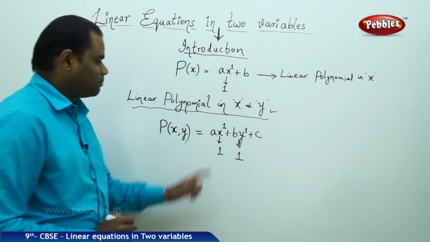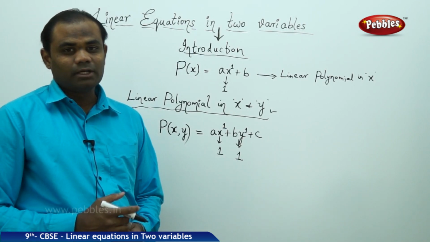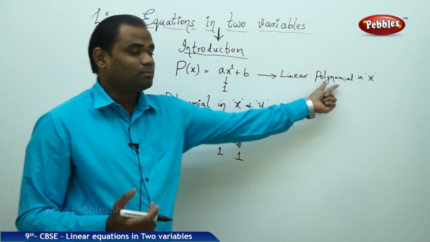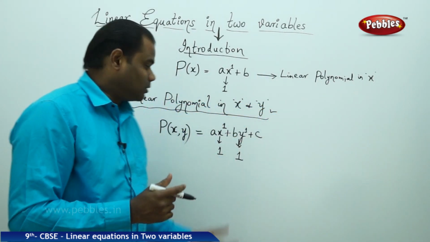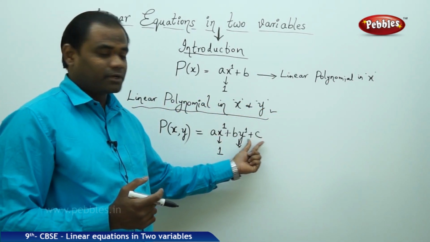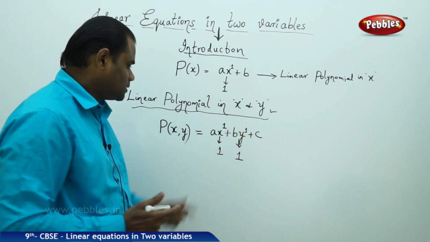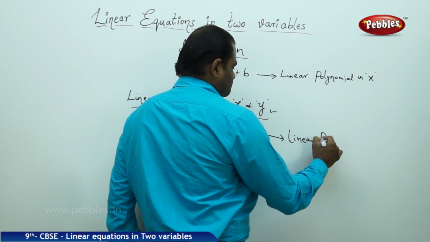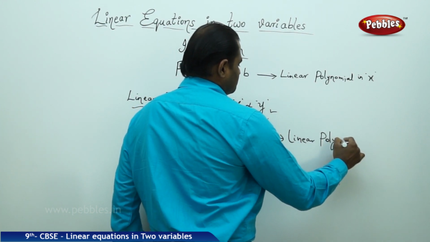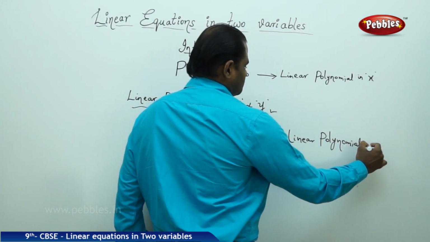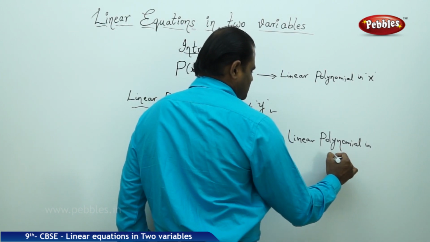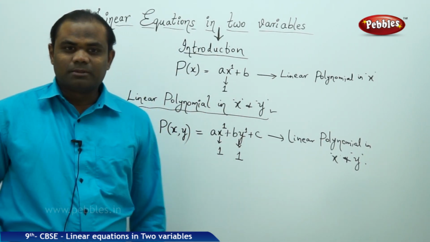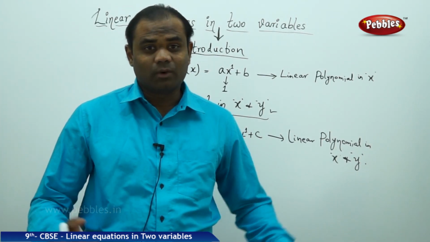Therefore, such a polynomial is called a linear polynomial in two variables. Here, this is a linear polynomial in one variable x, but because I have the introduction of two variables x and y, this is a linear polynomial in x and y,